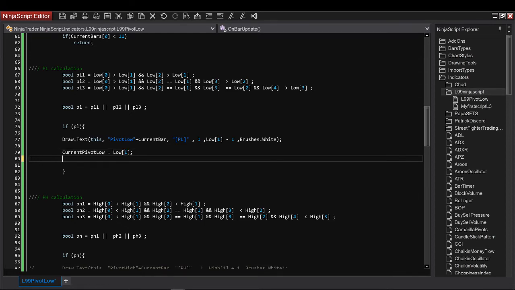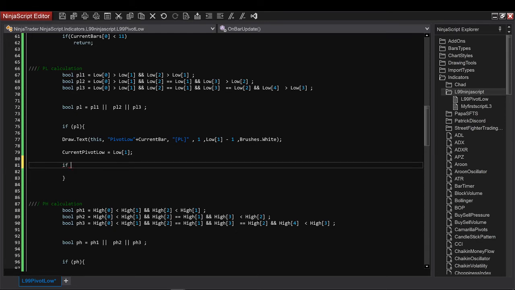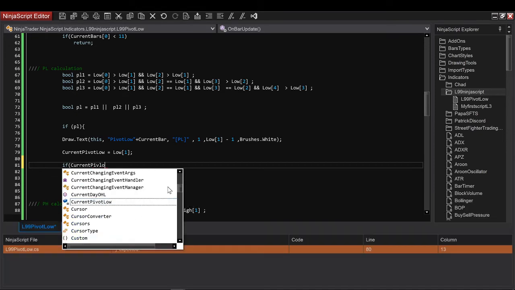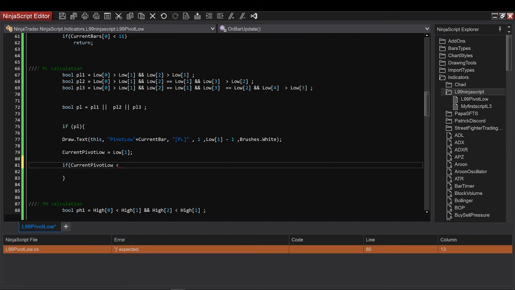Once I have this, I also want to put in my logic. What I say is, if my current pivot low is lower than my previous pivot low, well, I haven't defined yet what the previous one is, I'll tell it.